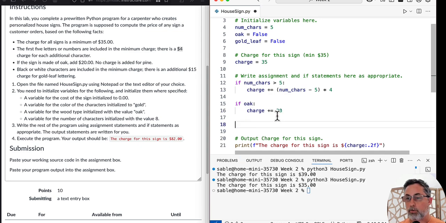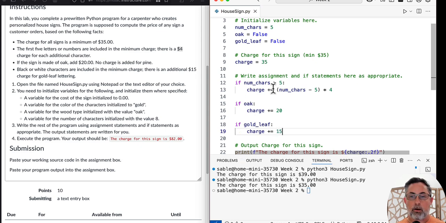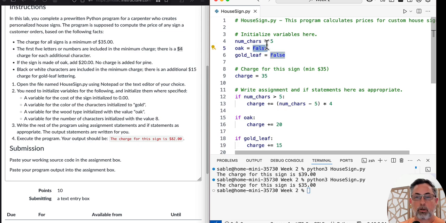And we might as well go to the color. So is it going to be gold leaf? So if gold leaf, then we're going to add to the charge an extra $15. So now if I have oak and gold leaf,